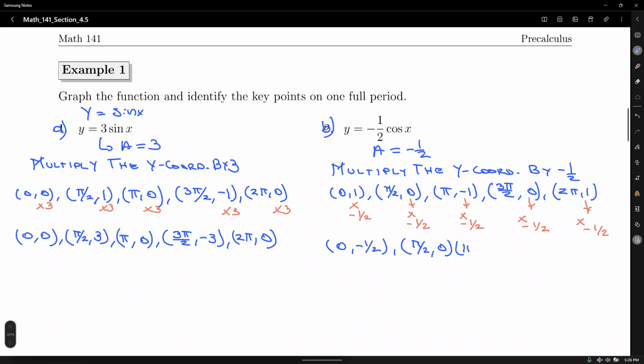Then pi, which remains the same, and -1 times -1/2, careful, negative times a negative equals +1/2, 3 pi over 2, comma, 0 times -1/2, which is still 0, and lastly 1 times -1/2, so the 2 pi remains the same, and that's -1/2. Okay, so those are the key points of the transformed function,